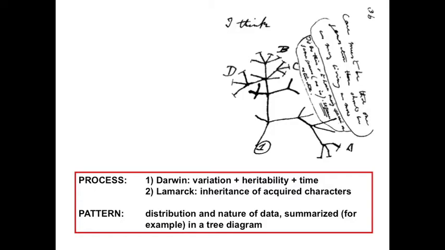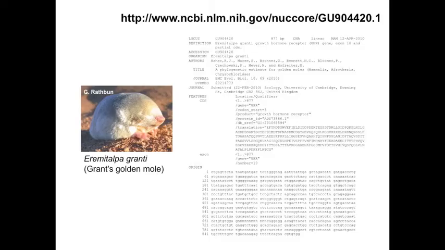So I'm interested to a great extent in the biology and evolutionary history of these endemic African mammals. These guys, the so-called dune shark that you find in southern Namibia and northwestern South Africa, Eremitalpa granti, Grant's golden mole. In a collaborative project, some colleagues and I sequenced a very small part of this animal's nuclear genome, just one part of one exon of one coding gene, and it's all publicly available on that same website I mentioned